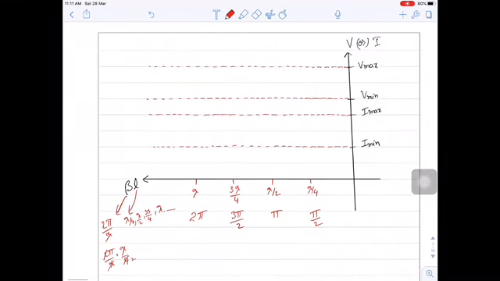Let us say this y axis I am going to consider is at L equal to 0, that means the length of the transmission line is 0, or you can call it the load point. Let me draw the corresponding lambda by 4 values as dotted lines. Similarly, lambda by 2, 3 lambda by 4 and lambda.